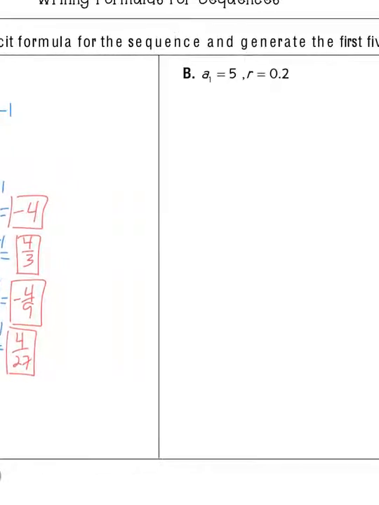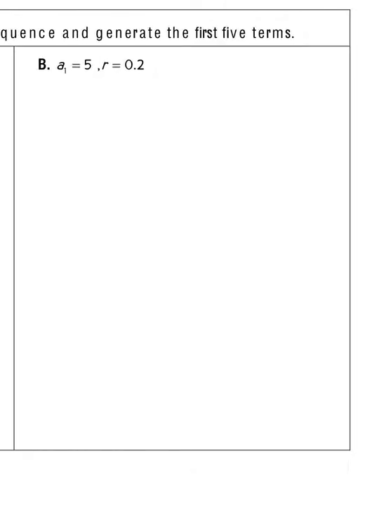And your final problem is B. So with B, let's write our explicit rule. So a sub n is equal to 5 times 0.2 to the n minus 1. So since you have a decimal in your problem, you can have a decimal for your answer. So a sub 1 is equal to 5. A sub 2